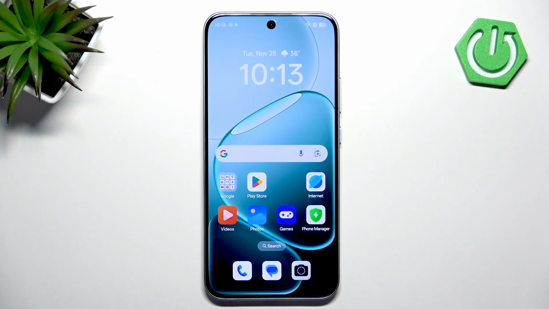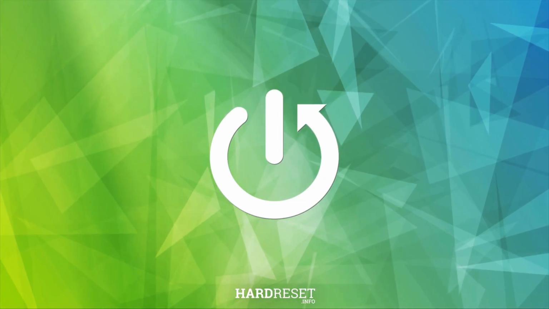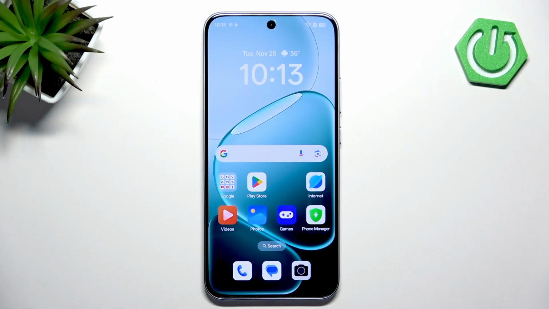Welcome. In front of me I have OPPO A6 Pro 5G and I'm gonna show you how to set up private safe on this phone. Private safe is useful if you want to hide your pictures or some of your pictures or videos on your phone. Basically prevent other people to access them, for example, or you want to have some videos or pictures basically